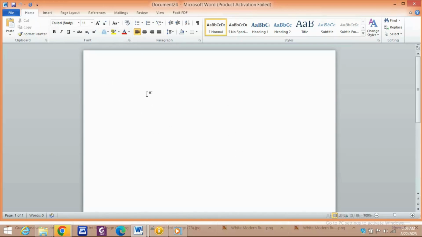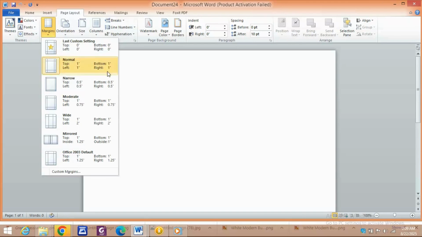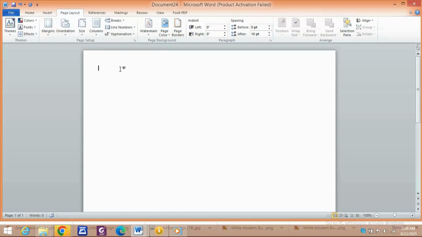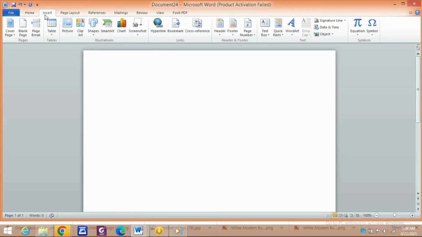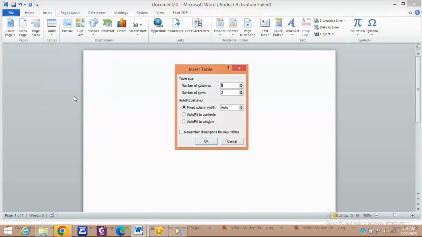You open MS Word, the new document is here. We come to page layout and we come to margins. We narrow the margins. As you can see, then I just insert the table. Insert the table. How many columns will I need? Just one column, right? For rows, we need just